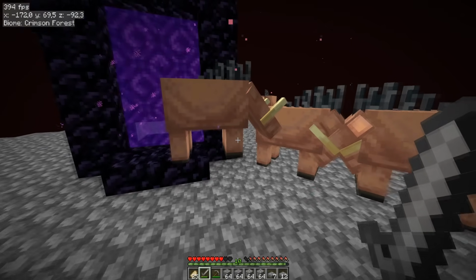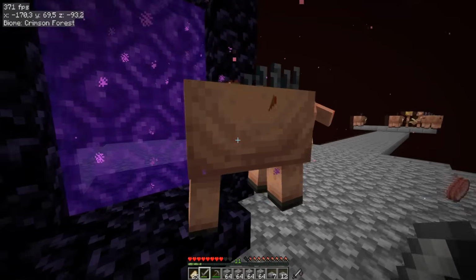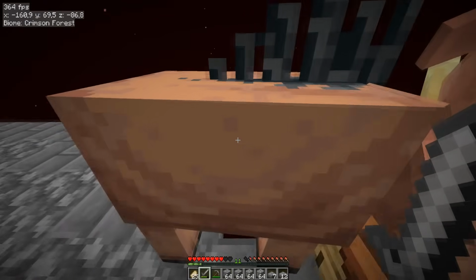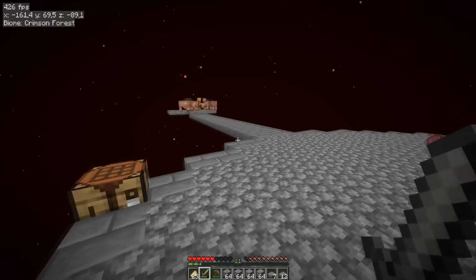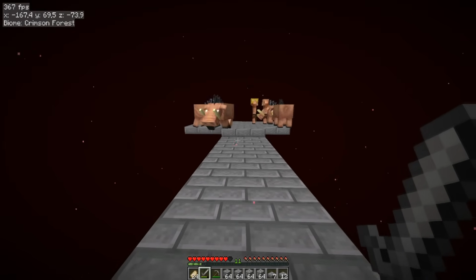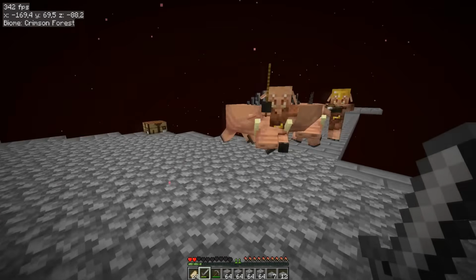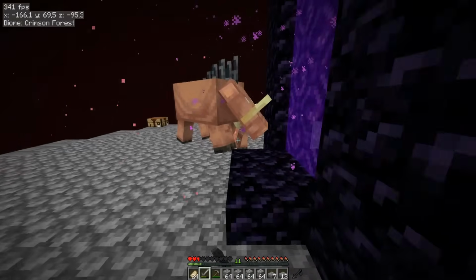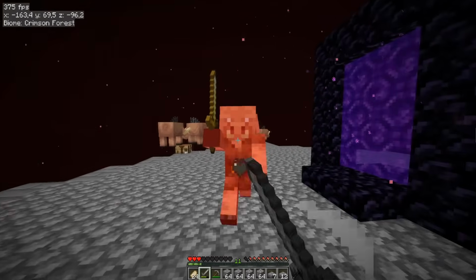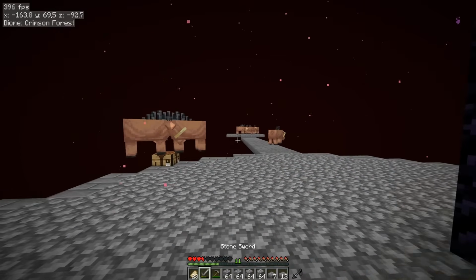So I have no idea what's going on right now, but these are not aggressive to me. I just chased them over here, and I can even push them. What the hell is going on? Oh, now they're aggressive. What the fuck? Okay. Yeah, these boys are aggressive. Oh, I'm gonna die. Okay, let me just die in the middle here. Yeah, see? Now they're not aggressive anymore. It was a dumb idea to...